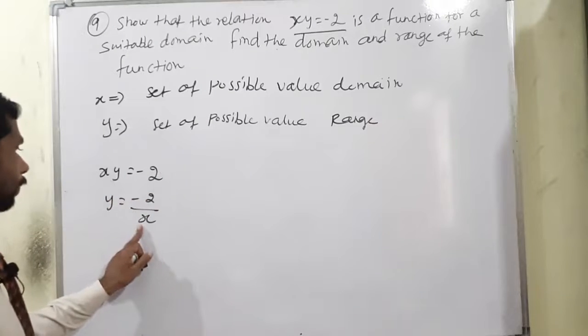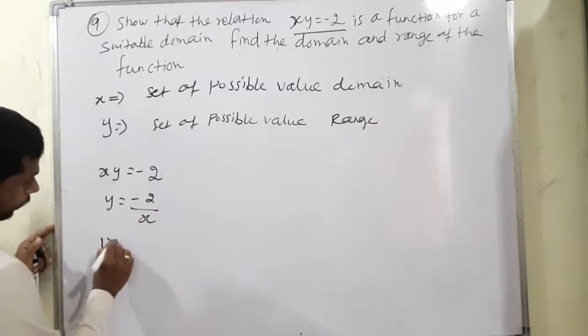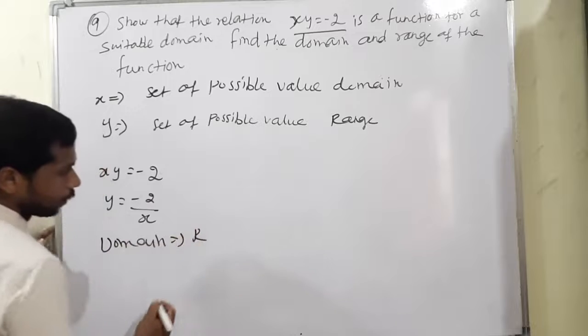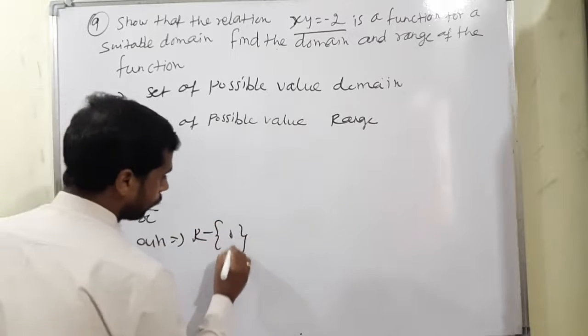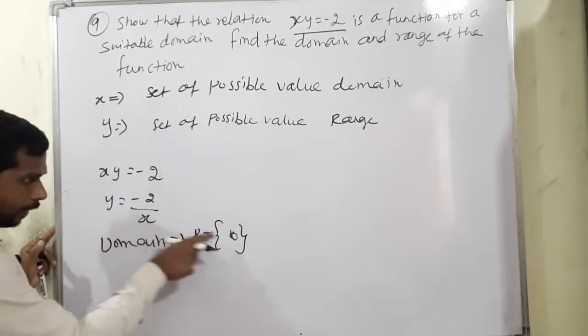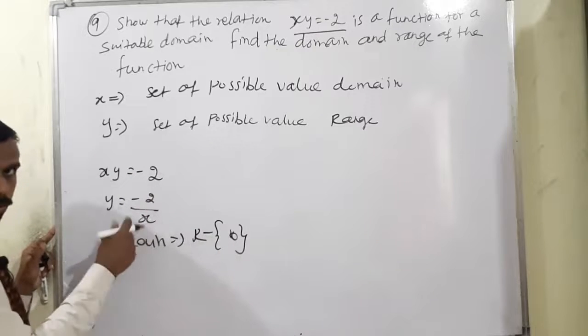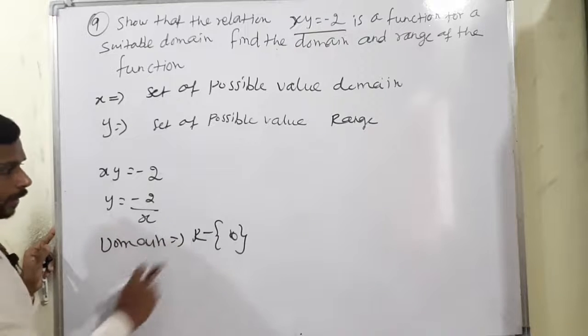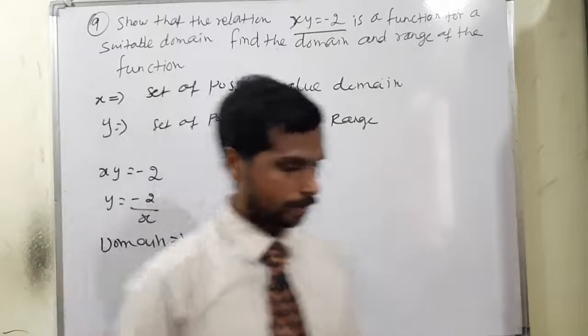So, what is the meaning of domain? All the real values possible except 0. Why have I written except 0? If you take 0 instead of x, any number divided by 0 is not defined. Okay, that's why all the real values possible except 0. Next case,